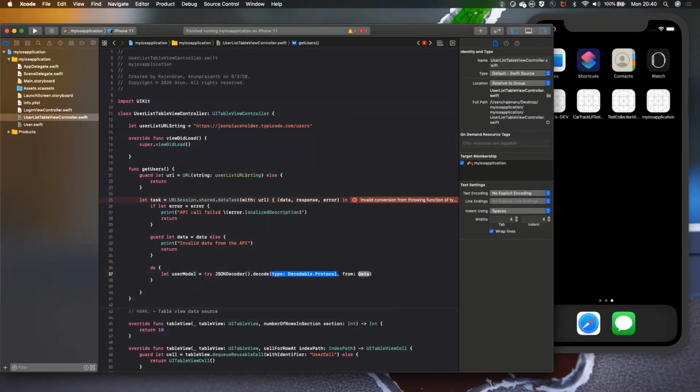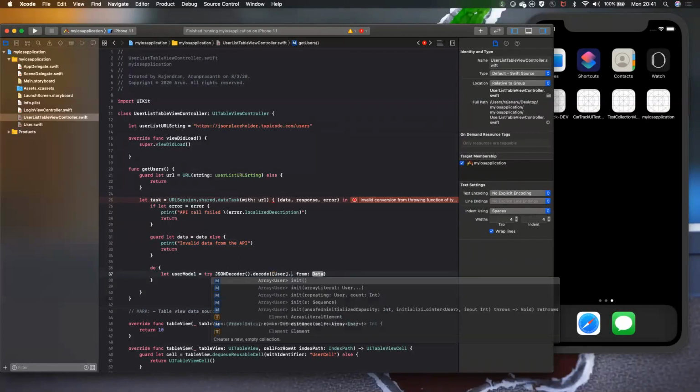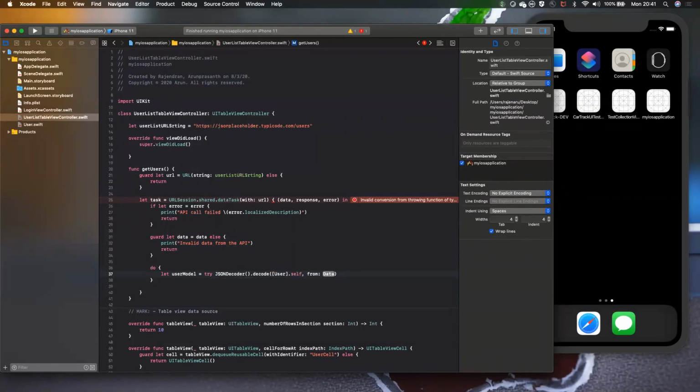and then I will be referencing that Codable user model we created. It is an array of user list. So I'll just provide User, and there will be a dot. I'll be using the self. So I'll be using the default object, and then the data from which you need to convert. We already have data. It's not empty. So we'll just pass that data. Okay, now the user model is ready.